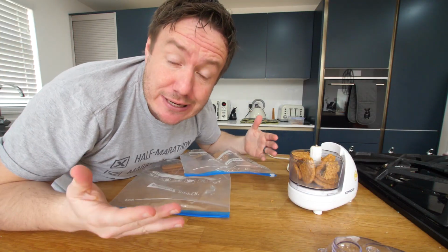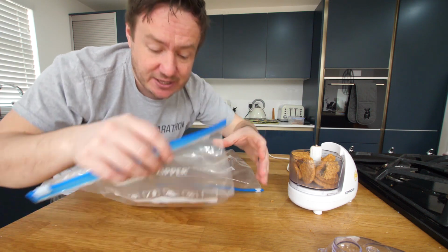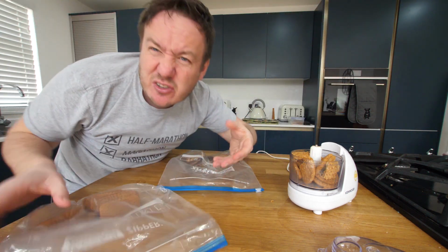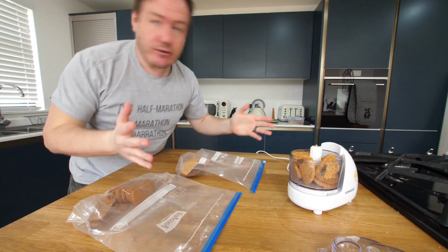All right, we've got 3 Easter egg shells, so let's do 3 different cheesecake bases, all different types of biscuit. In here we've got some Biscoff ones, that nice caramelized tang. We've got some chocolate digestives. Now these ones,